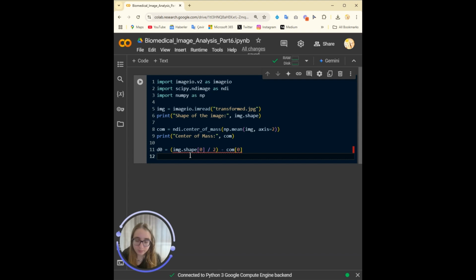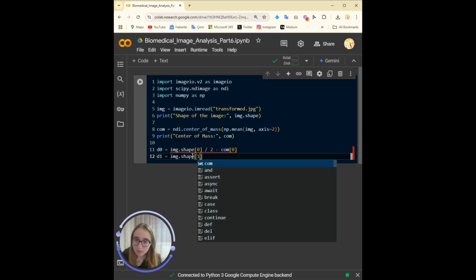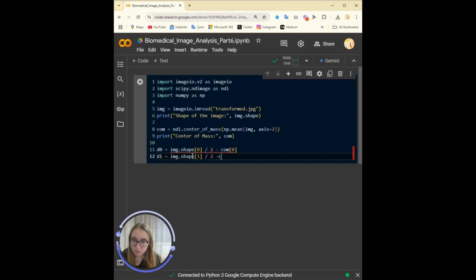Sometimes it gives this, okay. And then we have D1: the shape 1 divided by 2, subtracting the center of mass in the y direction. Okay.